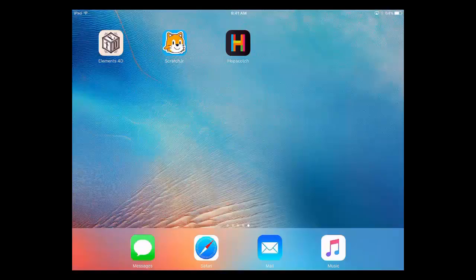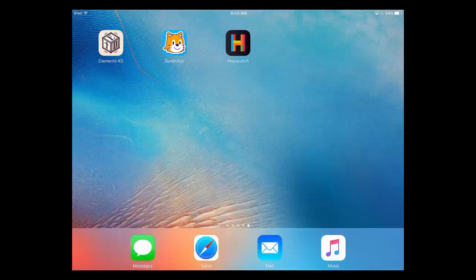Okay, I wanted to show you how the Elements 4D app worked. Do a little app share of it, and I am not a science person. I don't have a background in science, so we're going to do a little bit of trial and error as somebody who really has no comprehension of the science curriculum, because I don't know which elements interact with each other and will combine.